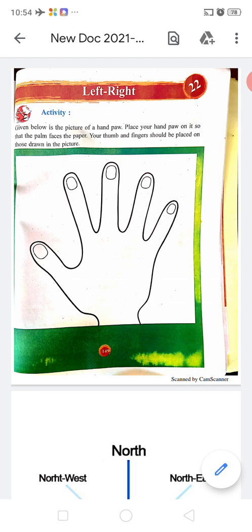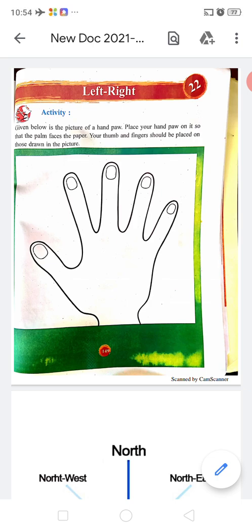Of the two hands that we have, one is on the right side and the other is on the left. Most of us use our right hand for eating food. When we stand directly in front of the map, we can see that the east direction is to our right. We can read a map with the help of signs and symbols.